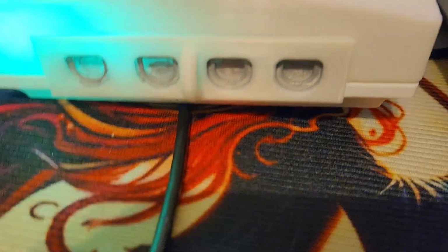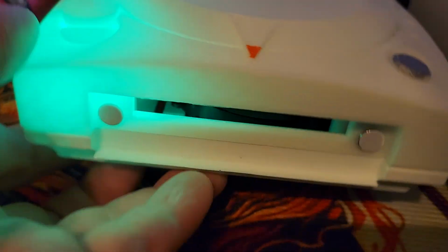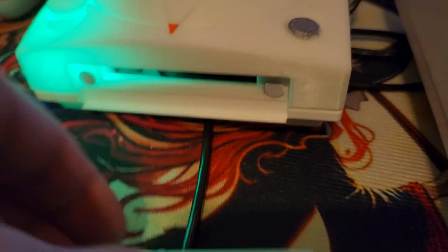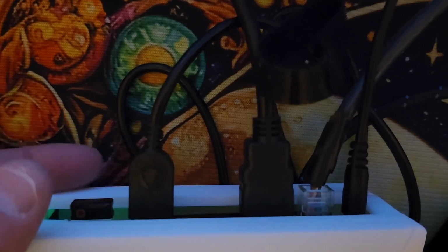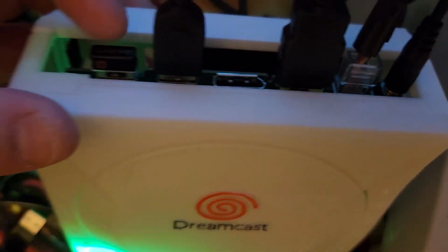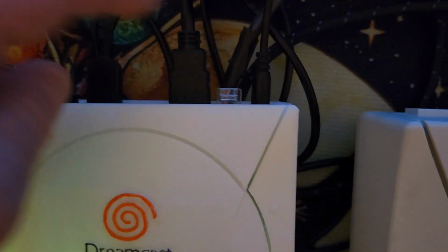On the front panel you got these four, but to access the four on the Ryzen board, you just pop this off. And then you have access to USB-C and two USB 3.0s, and that just pops back on there super easy. On the back, you have HDMI, your DisplayPort, and two extra USB 3.0s. Right now I have a keyboard and mouse combo plugged in here, and then my controller, HDMI, networking cable, and